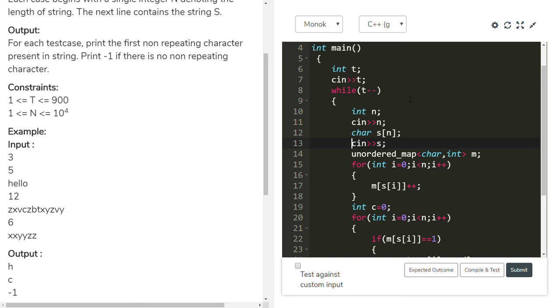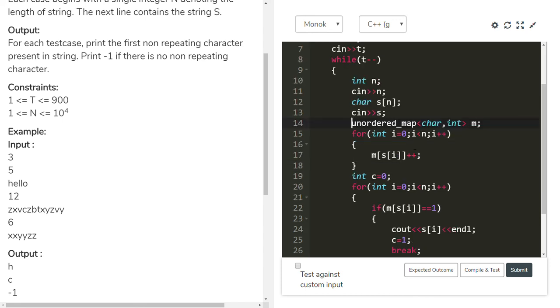To solve this task, I am using a map, where the key is a character and the mapped value is an integer. I am traversing the first string, hello. For i equal to 0, we are at the position of h.